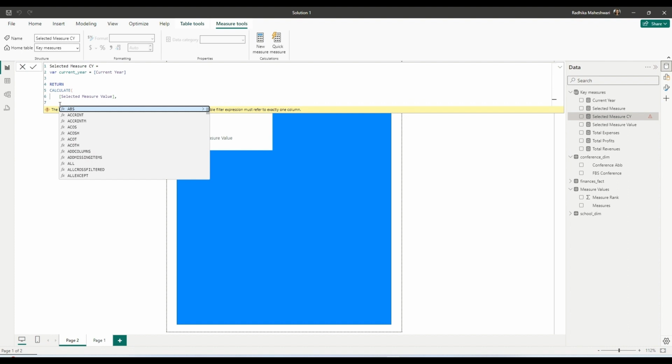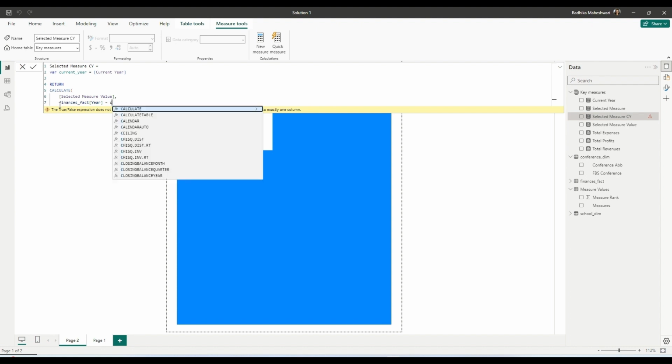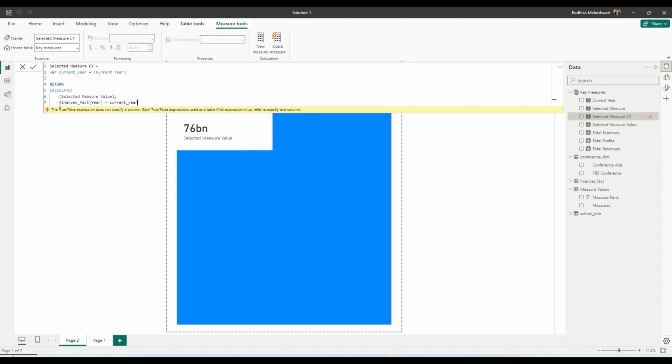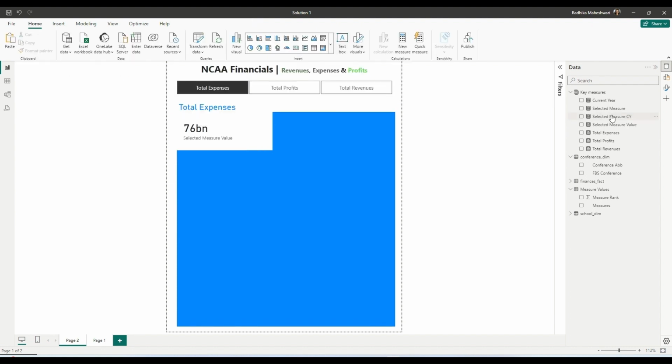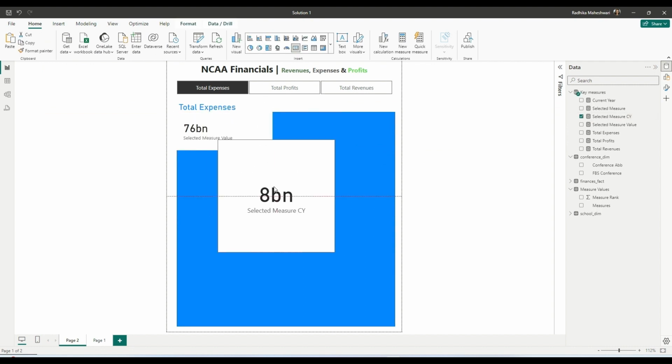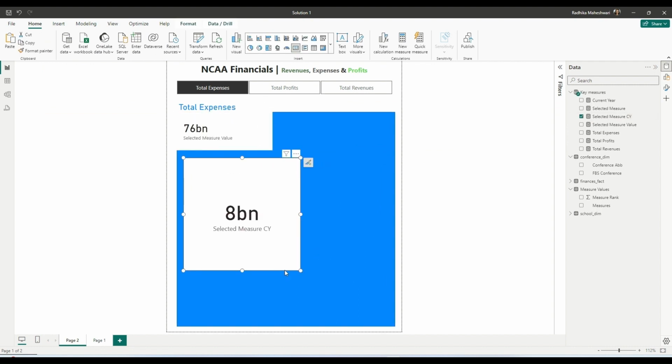And the context that we need to bring back is finances fact year, the current year, which we get from the current year variable. Now we bring this measure here and see the value as 8 billion. I will put this in a multi-card because that is how it is in the challenge. This looks a little ugly, but we will make it beautiful after we have created all the measures that are